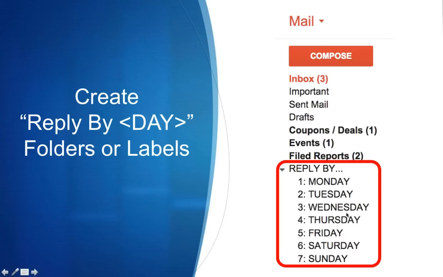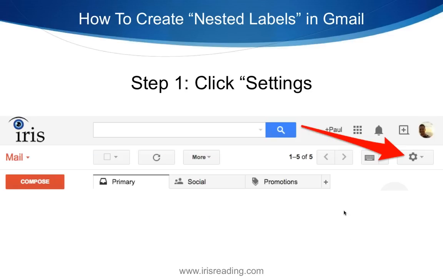And what happens is every single day when I first check my email, I'll make sure if it's a Wednesday, I'm going to check my inbox, obviously, but I'll also check my Wednesday label to see, okay, is there anybody I need to get back to today that I said I was going to get back to them today, or I put it in there earlier? This will kind of serve as a reminder. So I try to keep my inbox limited as much as possible. And if I got to reply to someone at a later date, I'll put them in whatever label is appropriate for that email.